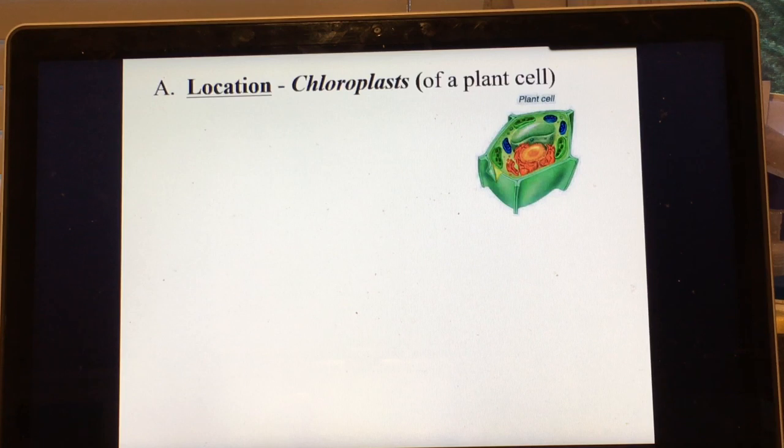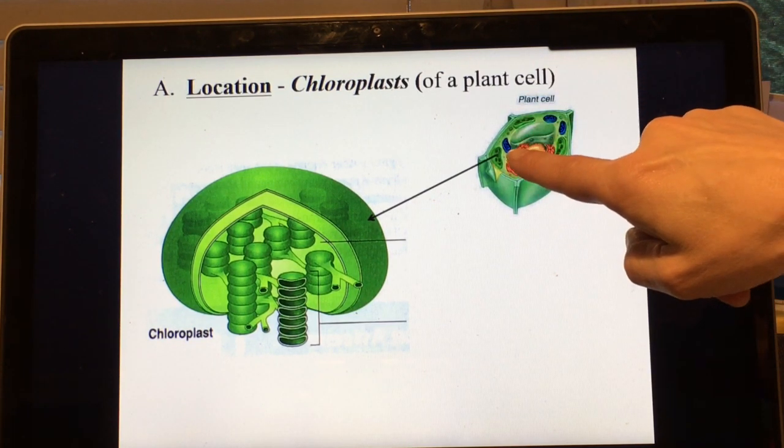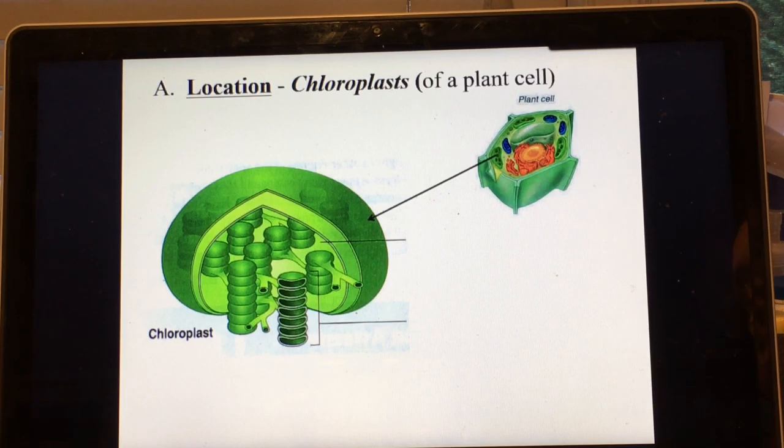So first of all, photosynthesis takes place in chloroplasts, in plant cells and algae cells. And we're going to go into a chloroplast and look at the structure of a chloroplast in more detail. So we're inside a plant cell and we're inside a chloroplast, and we've cut it open so we can see inside. Now, if you notice, there is a double membrane, so there are two phospholipid bilayers, and then even